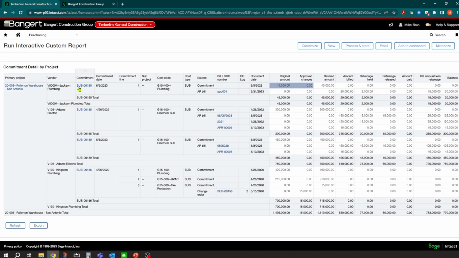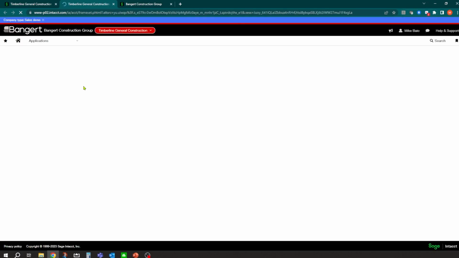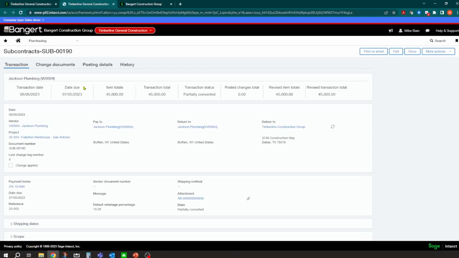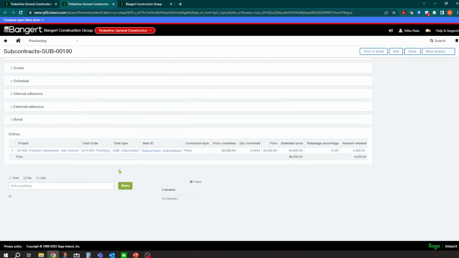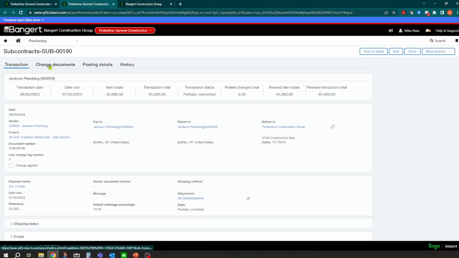But you'll notice here, if I want to get back to the original commitment, I can do that by clicking on this field here, and this will open up the commitment record. Takes a second to open it up, but we're going to let that open, and it'll take me right back into my initial entry screen that I was in initially when I set this up. Okay, so now there's our original entry screen, and now you have a couple different tabs here.